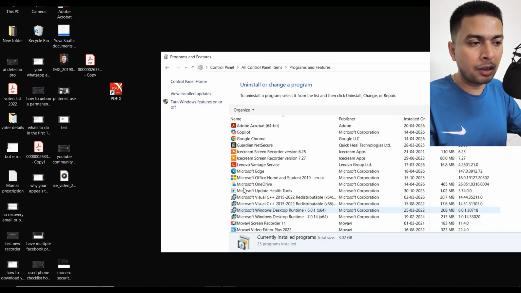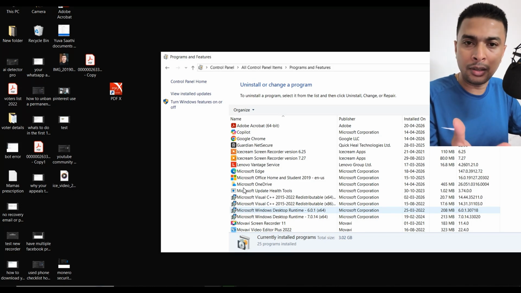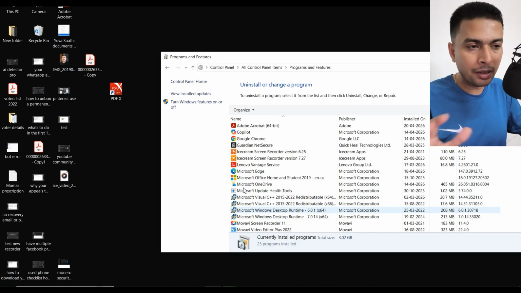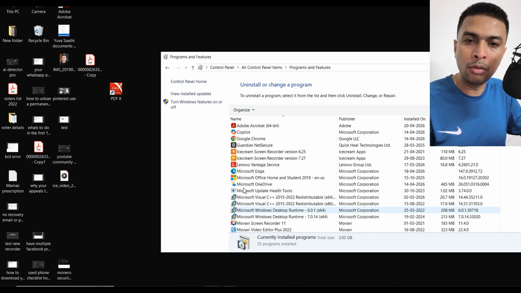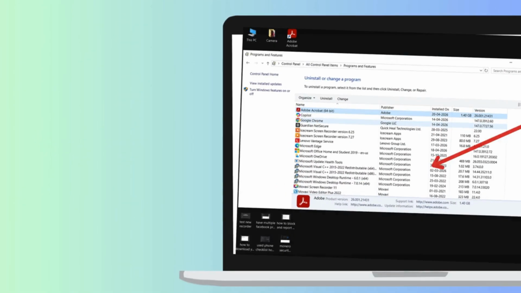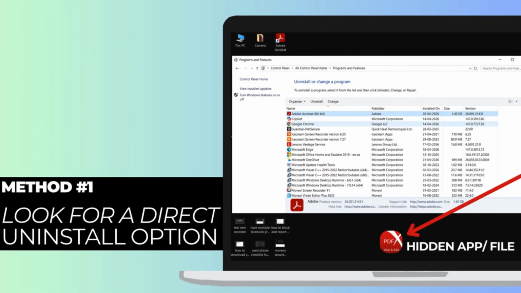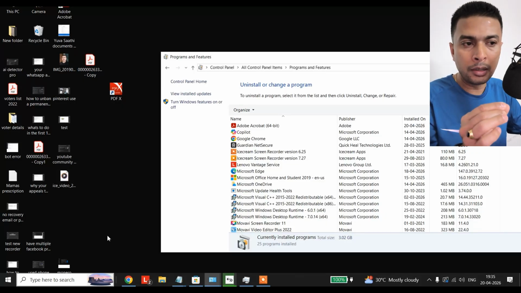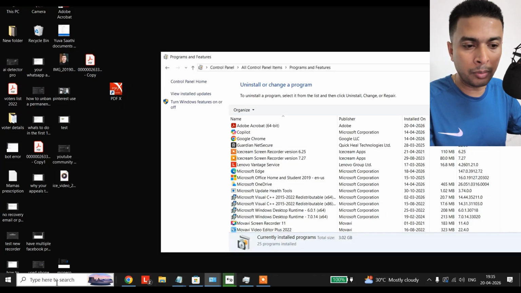So normally applications wouldn't be hidden, but if it is an app which is having that feature to hide itself or to be a bit sneaky, this is exactly what you need to do to remove it from your system. The first thing is you could go ahead and look for a dedicated kill switch or an uninstall button for this specific software. So you could just type in